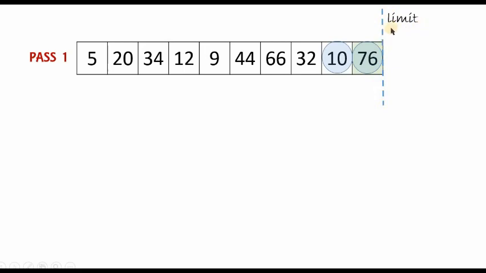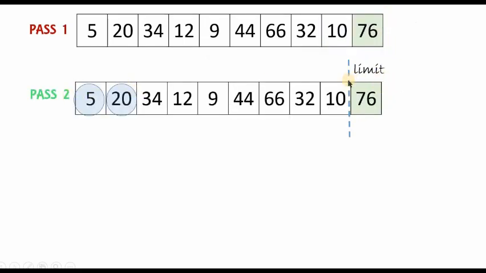What happens with bubble sort is, at the end of every pass, the array is divided into two parts, a part which is unsorted and a part which is sorted. So right now, we don't have any sorted part, hence the limit is over here. During the second pass, the limit is shifted to the previous position, indicating that whatever comes after this is in its right position and is in sorted order. Whatever is before this limit is an unsorted array. So after every pass, this limit is going to be shifted one position to the left, indicating the demarcation of a sorted and an unsorted array.